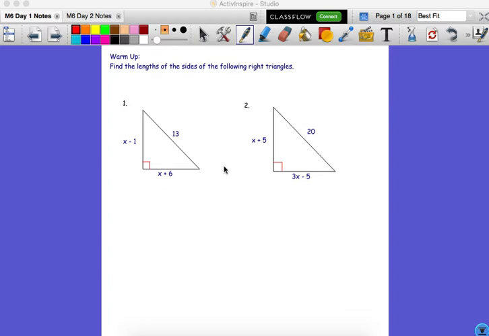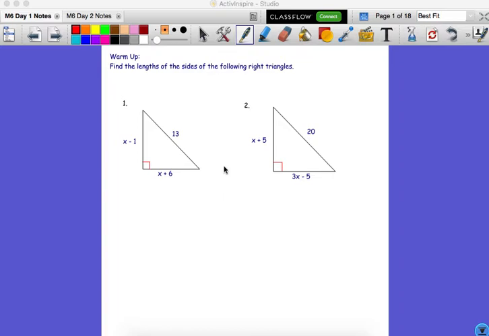So today we're going to take a look at the first day of Module 6, which is going to cover Pythagorean Theorem as well as geometric mean. And you may remember that we've talked about geometric mean before. We talked about it in Module 5 very briefly, but we're going to give new context to why that's important